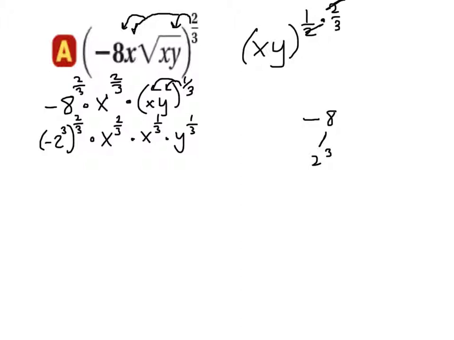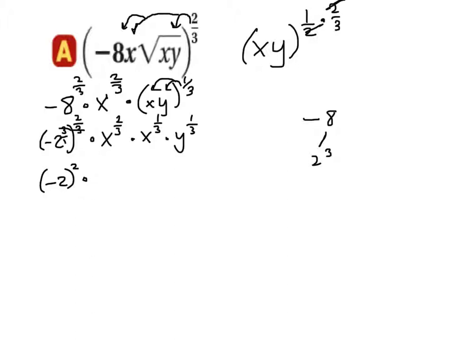So I'm using exponent rules, and I'm also breaking down numbers as well. You'll notice this is really 2 to the 3 over 1, and these 3's are going to cancel out, and it's really negative 2 to the 2nd power times